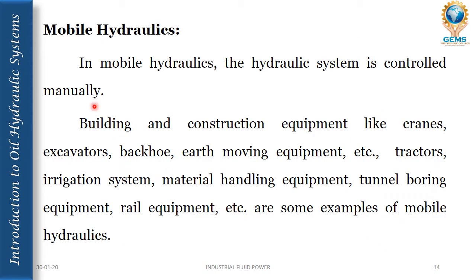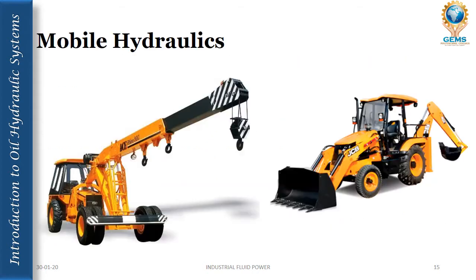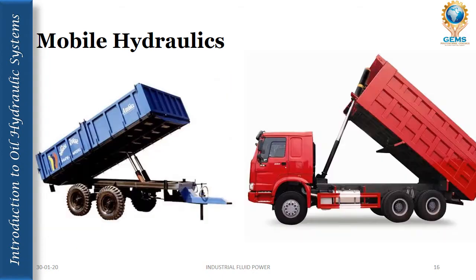And mobile hydraulics. In mobile hydraulics, the hydraulic system is controlled manually. Building and construction equipment like cranes, excavators, backhoe, earth moving equipment, tractors, irrigation systems, material handling equipment, tunnel boring equipment, rail equipment, etc. are some examples of mobile hydraulics. Okay, these are the cranes, and this is the backhoe, and these are the tractors and trucks. They are using hydraulics for lifting the trucks